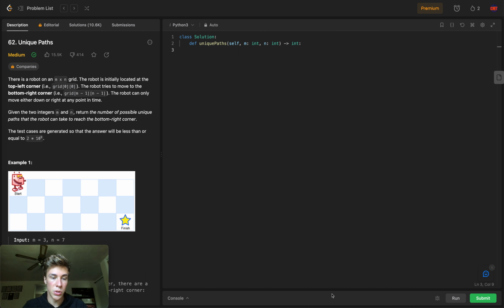Given the two integers m and n, return the number of possible unique paths that the robot can take to reach the bottom right corner. The tests are generated so that the answer will be less than or equal to 2 times 10 to the 9th power. Okay, so I don't know why that's important, but